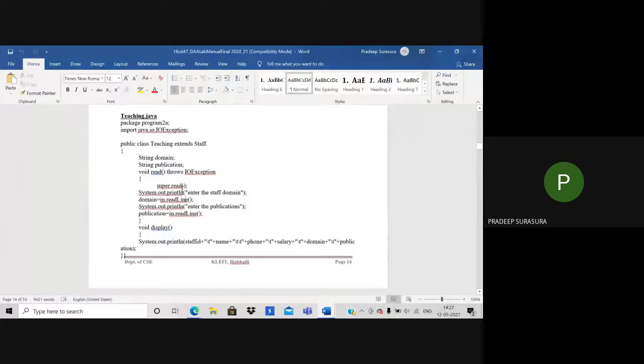So super.read means I'm trying to call this read function from the above parent class. From staff, I will try to call it as read. No need to create the object, just directly call super.read. Here I'm trying to import the method which is written in the staff class.